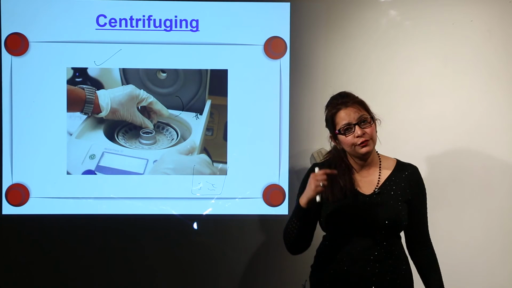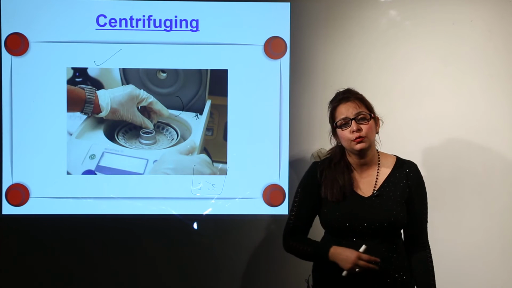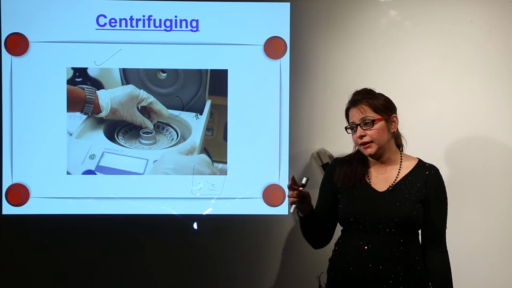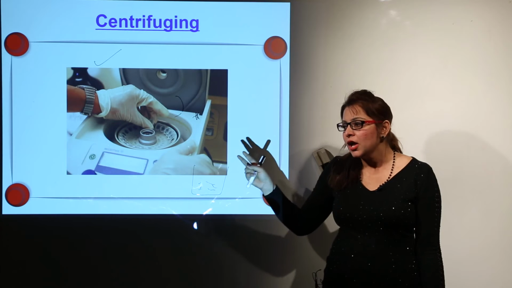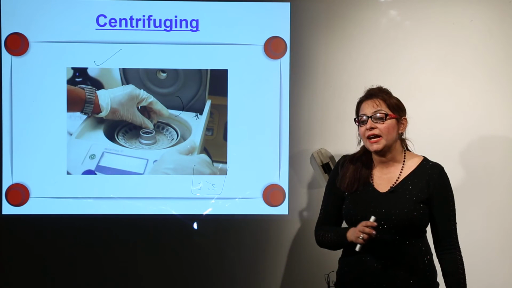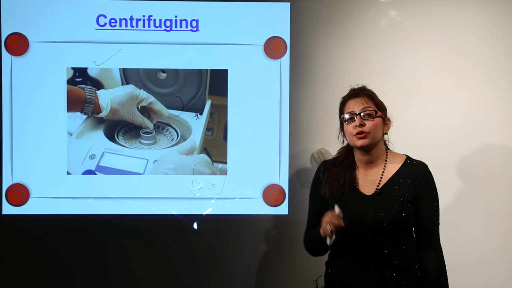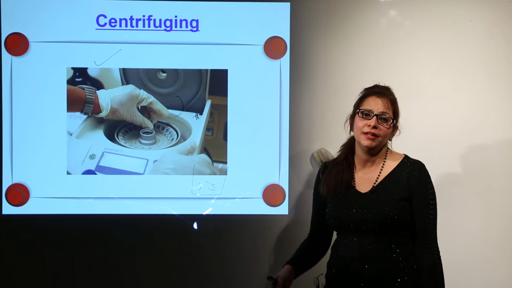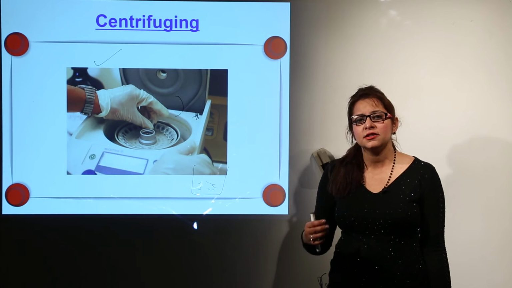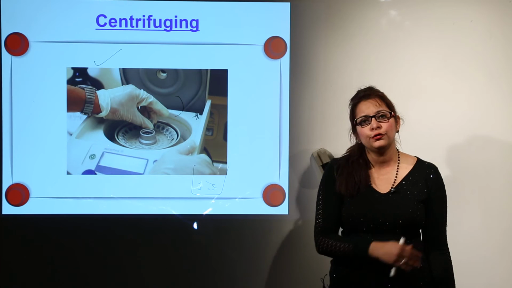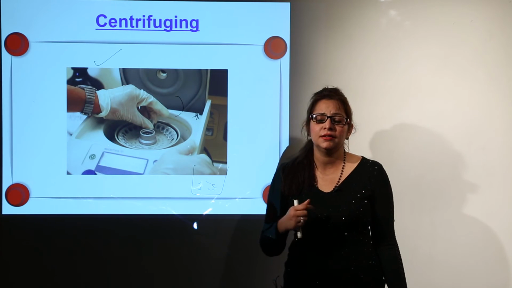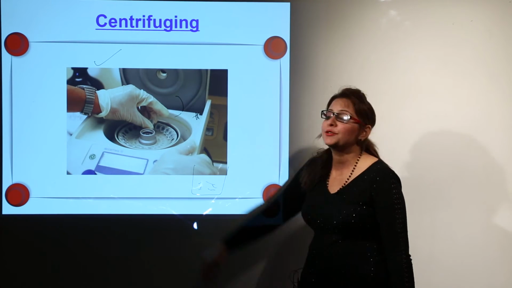When we wish to separate two miscible liquids, we use the technique of fractional distillation, and if we wish to separate a mixture of two immiscible liquids, that can be done by using a separating funnel. That is an easy method: just pour it in and leave it undisturbed, and they will form distinct layers. Put the beaker, open the knob, the lower liquid flows first and the upper one stays in the funnel. The next method to separate liquid components is centrifugation.